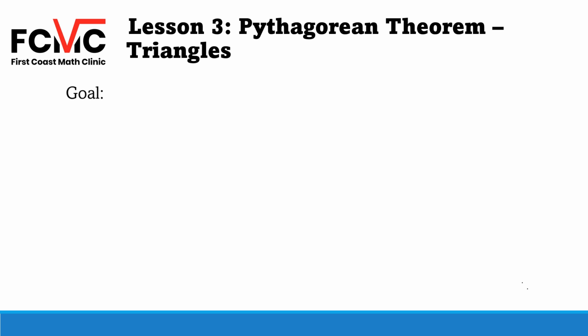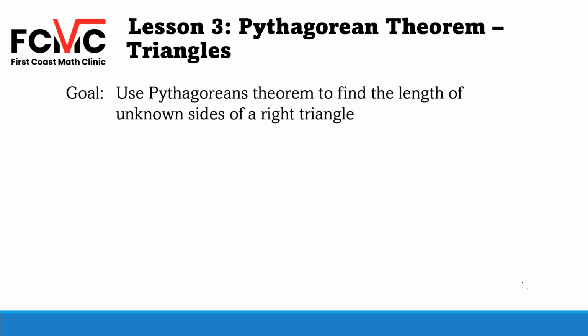So the goal in this video is to use Pythagorean's theorem to find the length of unknown sides of a right triangle. So let's start just by reviewing what a right triangle is. I can identify a right triangle because where our legs meet, we get a right angle. Our right angle is denoted by a right angle square. So it's right here, right? And then the two sides that meet to form that right angle are the legs, and the side that's across from the right angle,